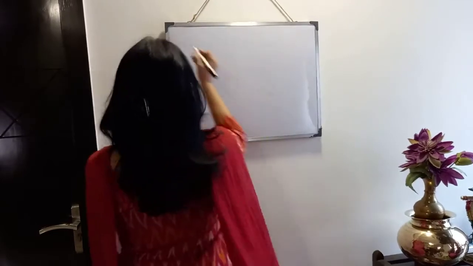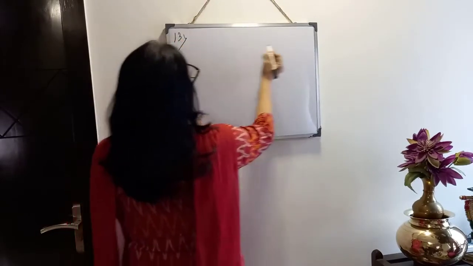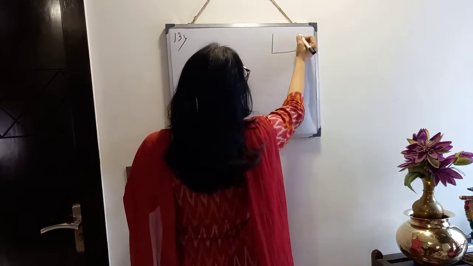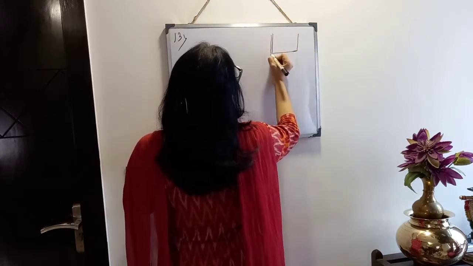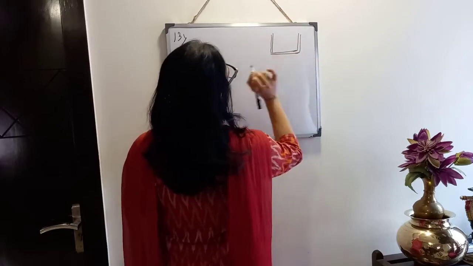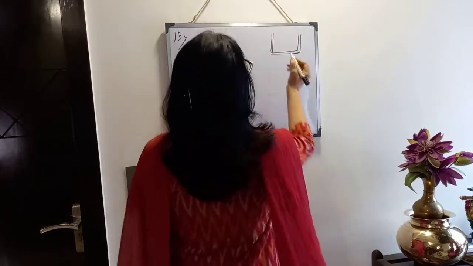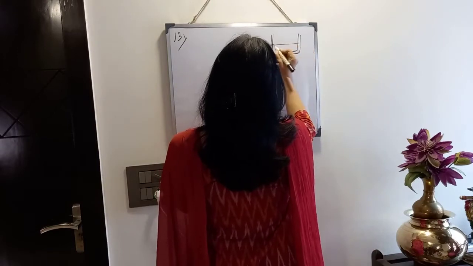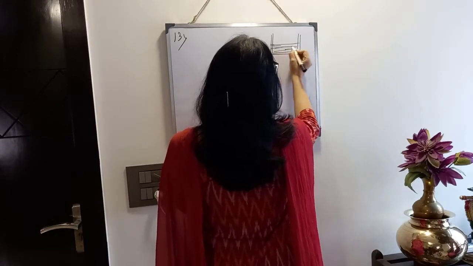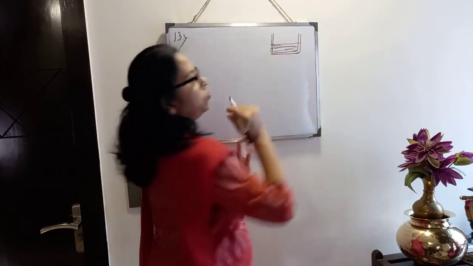Number 13. See. Suppose this is the tank. Okay. Now its length, breadth and height given. Here this language, see this language. Half of a tank is full of water. It is not literally means that the tank is half full of water. Suppose this is the half of tank. It doesn't mean that it is half filled up with water.